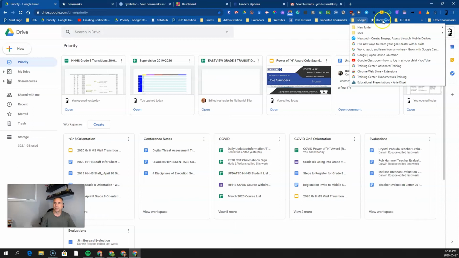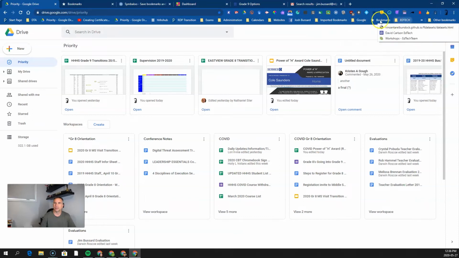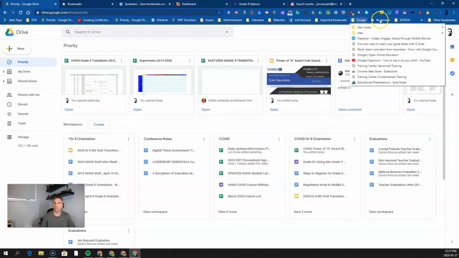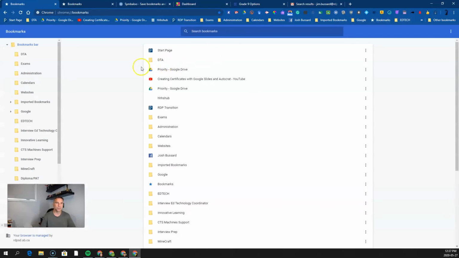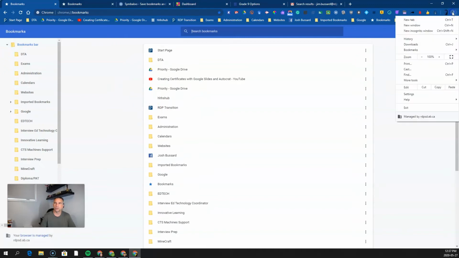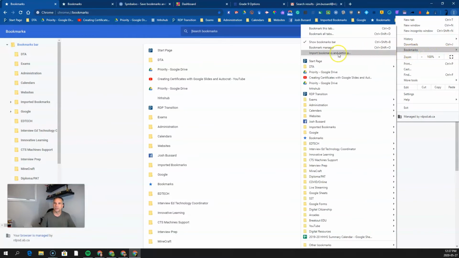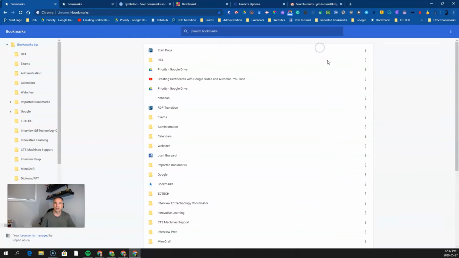And if you go to the end here, I have another bookmark, and if I click it, it's the Bookmark Manager. And this is where you can sort and organize all your bookmarks. Or another way of getting to it, which is what you guys are going to want to do, is if you go to your bookmarks and go to Bookmark Manager, it's going to take you to this page. So all I did was take this and pull it down and put it into my Bookmarks Bar at the top of the page. Once you have them here,